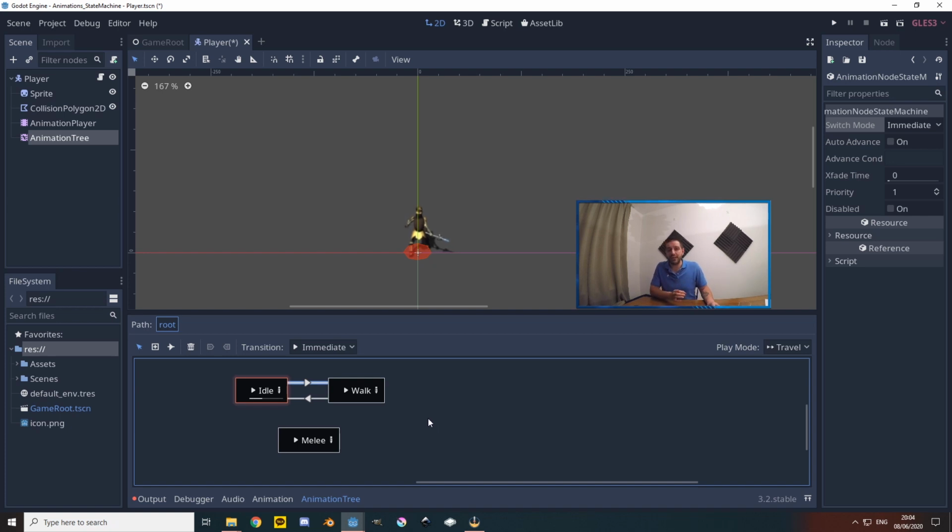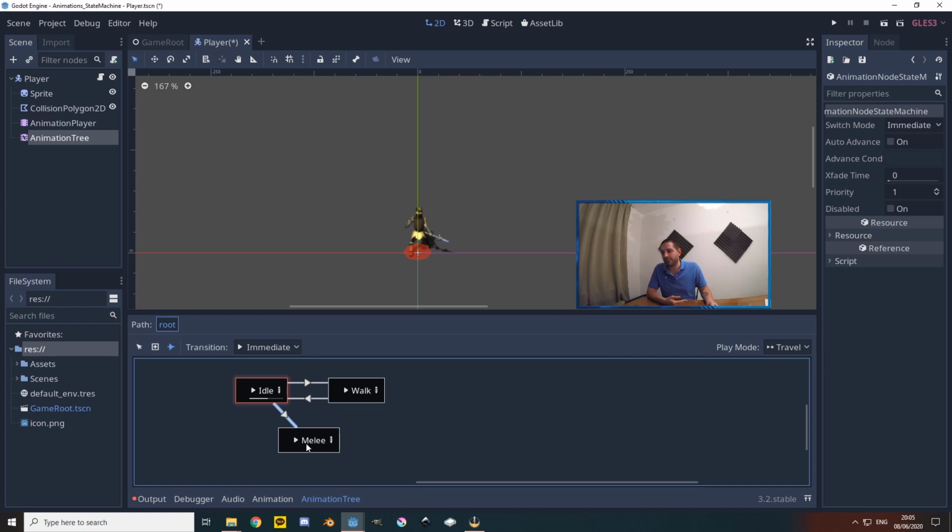Instead, the animation tree, whenever it detects the melee input or attack input, will transition from the walk animation, traveling via the idle animation to the melee animation. So that's where the traveling comes from. So for the melee, we're gonna idle straight into melee. There's going to be an immediate transition. We don't want there to be any delay.